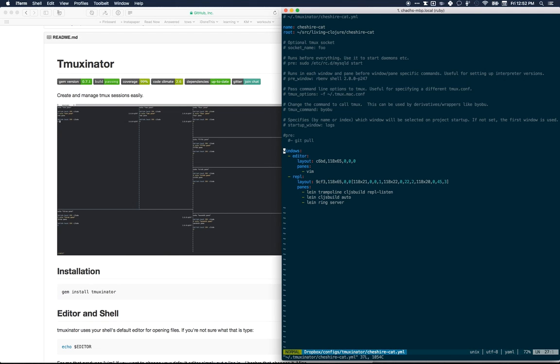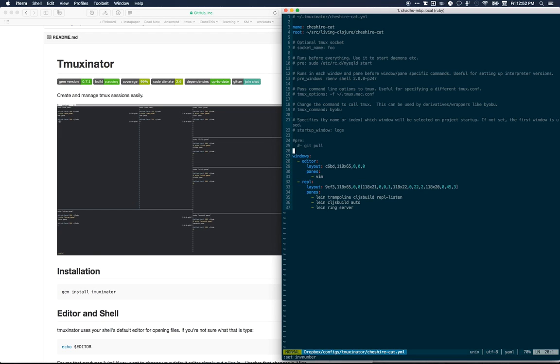So I'm going through this book called Living Clojure by Carin Meier, and a lot of the stuff is Alice in Wonderland themed. So there's this ClojureScript project that's called Cheshire Cat. So in this file here, in this Tmuxinator YAML file, on line 3, you can see you give the project a name, then you give it the path to where your source code is,